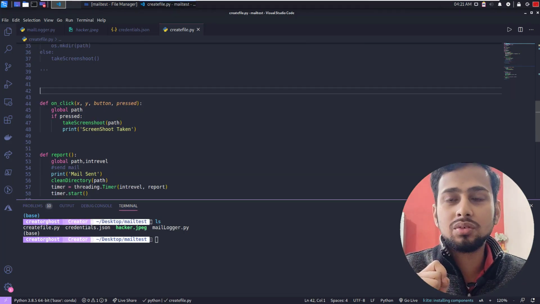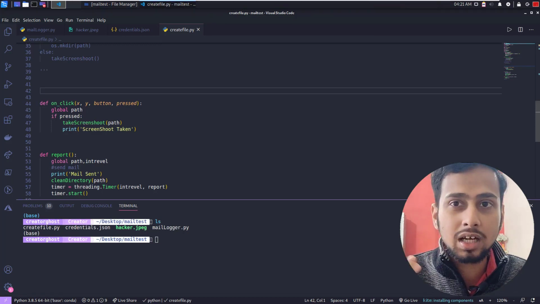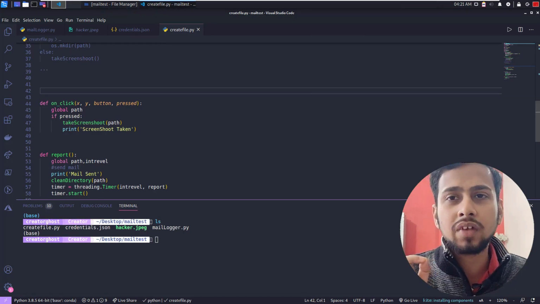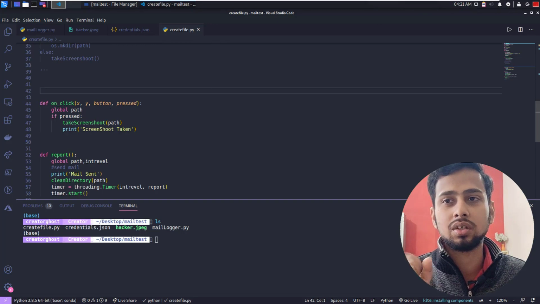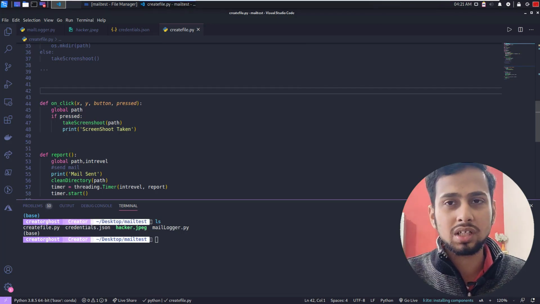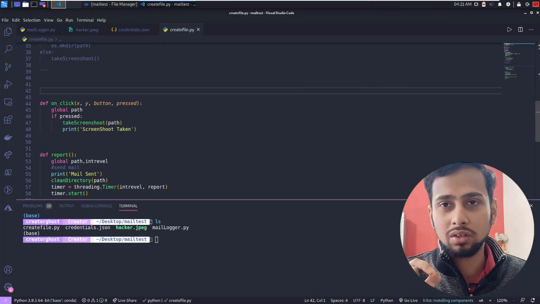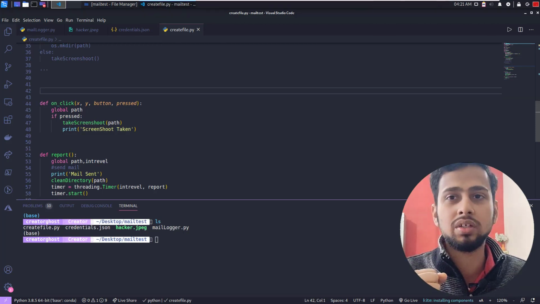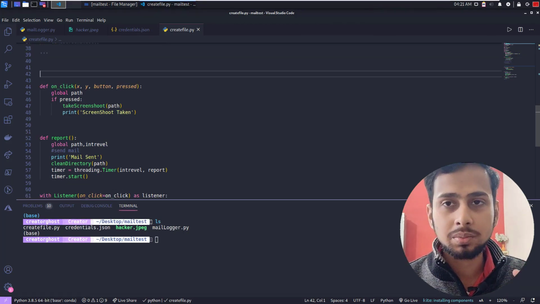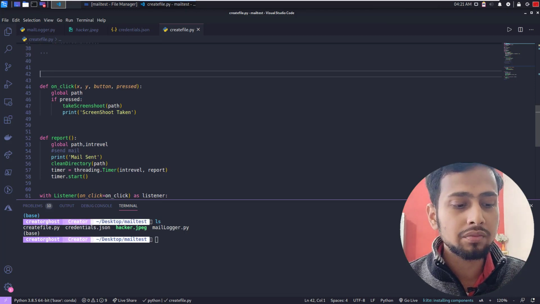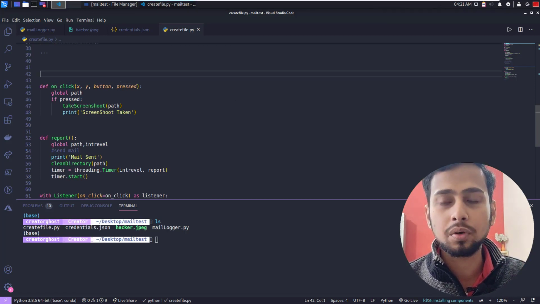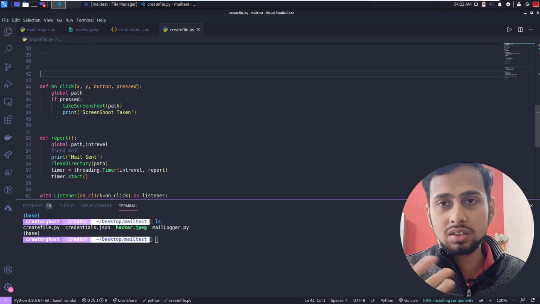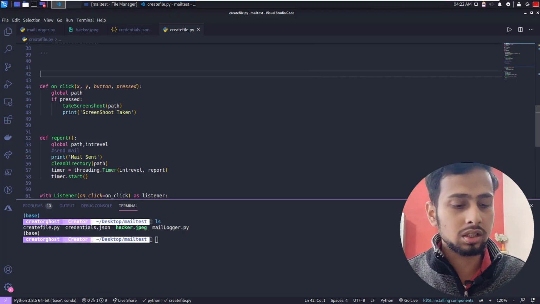Here we have to remember that we are going to save the screenshot once the user has clicked the button. There are multiple times you can save a screenshot, when the user has right clicked or left clicked, but here we are going to take the screenshot when the user has left clicked. With the listener object of the mouse, you are going to get the function that tells you what is going to happen when you click.